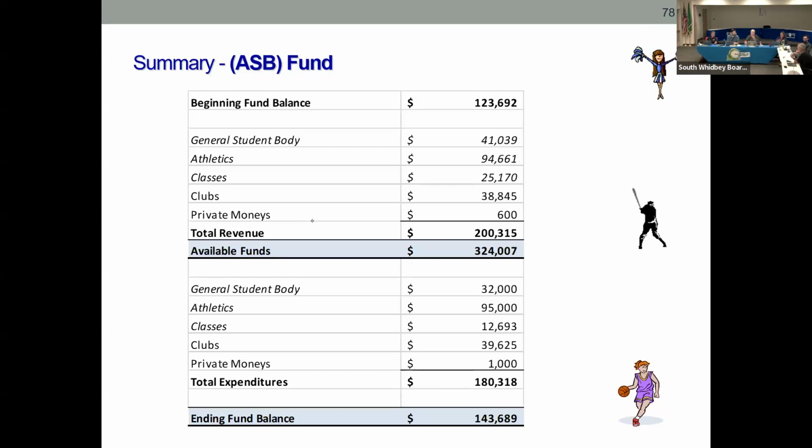Because with ASB, if you don't generate revenue, you can't have expenditures. Right. Because you're going to run out of money. Yep. You're going to use whatever fund balance you have, and then you're out. Right. So it's really just creating an empty box saying, here's your box. You guys fill out how much you're going to generate, how you're going to generate it, how you're going to spend it, that type of thing.